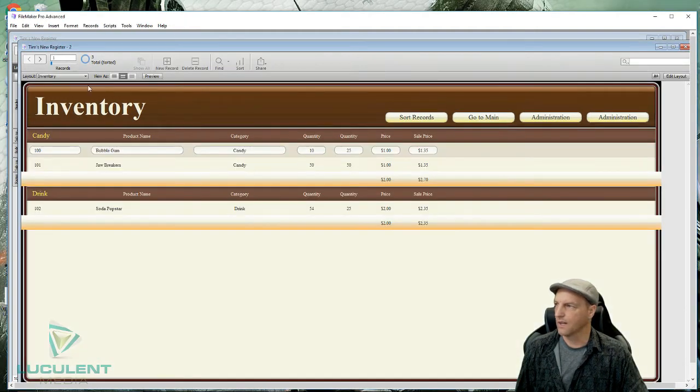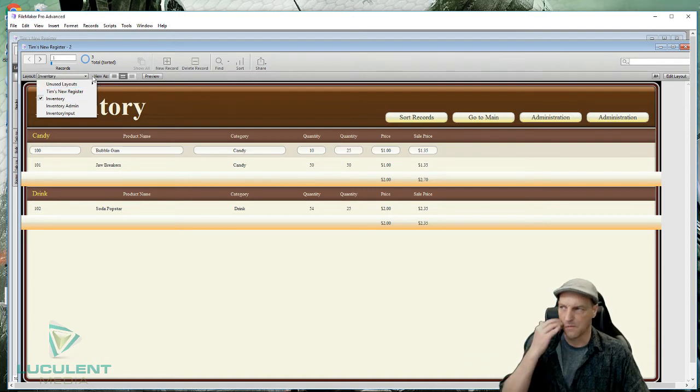We'll exit the layout. Now if we go here, you won't see it. It'll just say Tim's and then the unused layouts. And if you unclick the box, then you won't be able to see them when you just open this. So when you unclick the little box, then you're good to go. So now you have